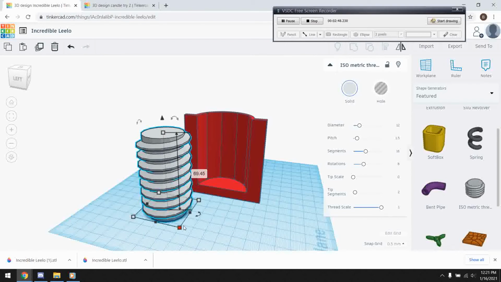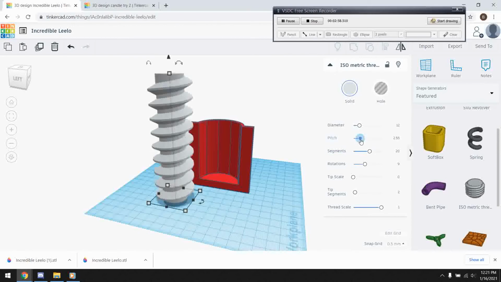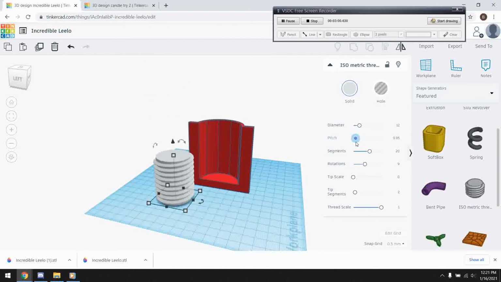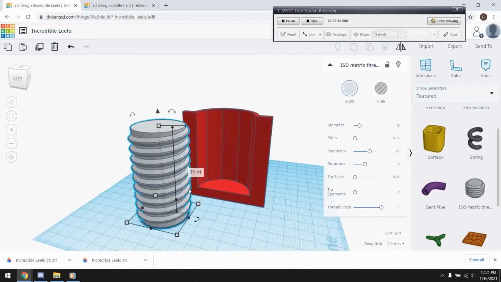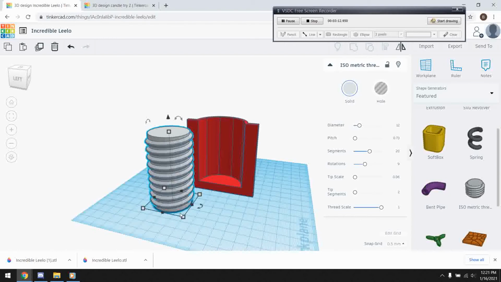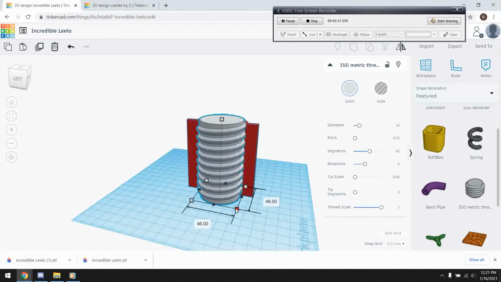Oh, that makes it smoother. That's interesting. The pitch, oops, okay. The tip scale. All right, so that's pretty good. I could keep messing with this if I wanted to, but it's at 71. And again, just to get the size right without having to measure anything,